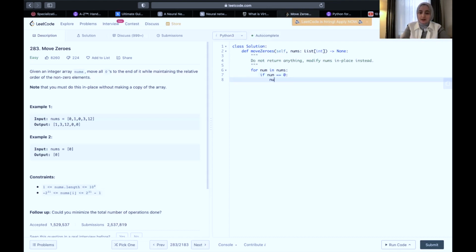So if num equals 0, what should I do? I would nums.remove(num), and then what will I do? I remove the first 0. I want to add it to the end. Now we have a method called append, and it basically does this. It appends an element to the end of any list or any array. So nums.append(num), and once we are done with the loop, we return